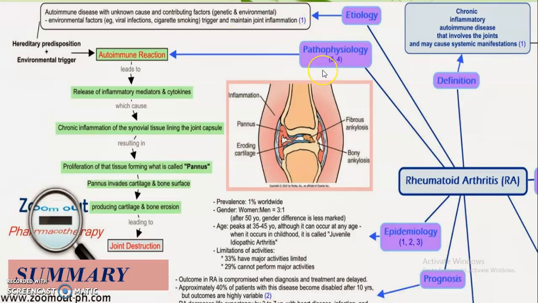Next point is the pathophysiology. As I have told you, the pathophysiology is a totally autoimmune reaction. Due to triggering of this autoimmune reaction by factors like environmental factors or by hereditary predisposition, the autoimmune system gets triggered and it leads to release of inflammatory mediators and cytokines that cause chronic inflammation of the synovial tissue lining the joint capsule that results in proliferation of that tissue, forming what is called pannus. That pannus invades cartilage